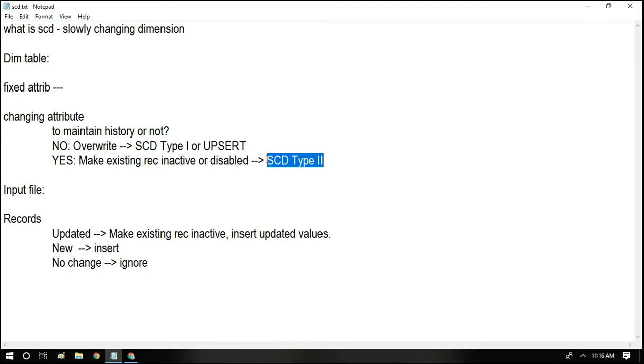But tomorrow, if I am changing my department, I will be making the current row disabled or inactive before I go for the new department. That is what we call making the existing records inactive or disabled. We will be discussing how to do it in the video, but this is just for your understanding.